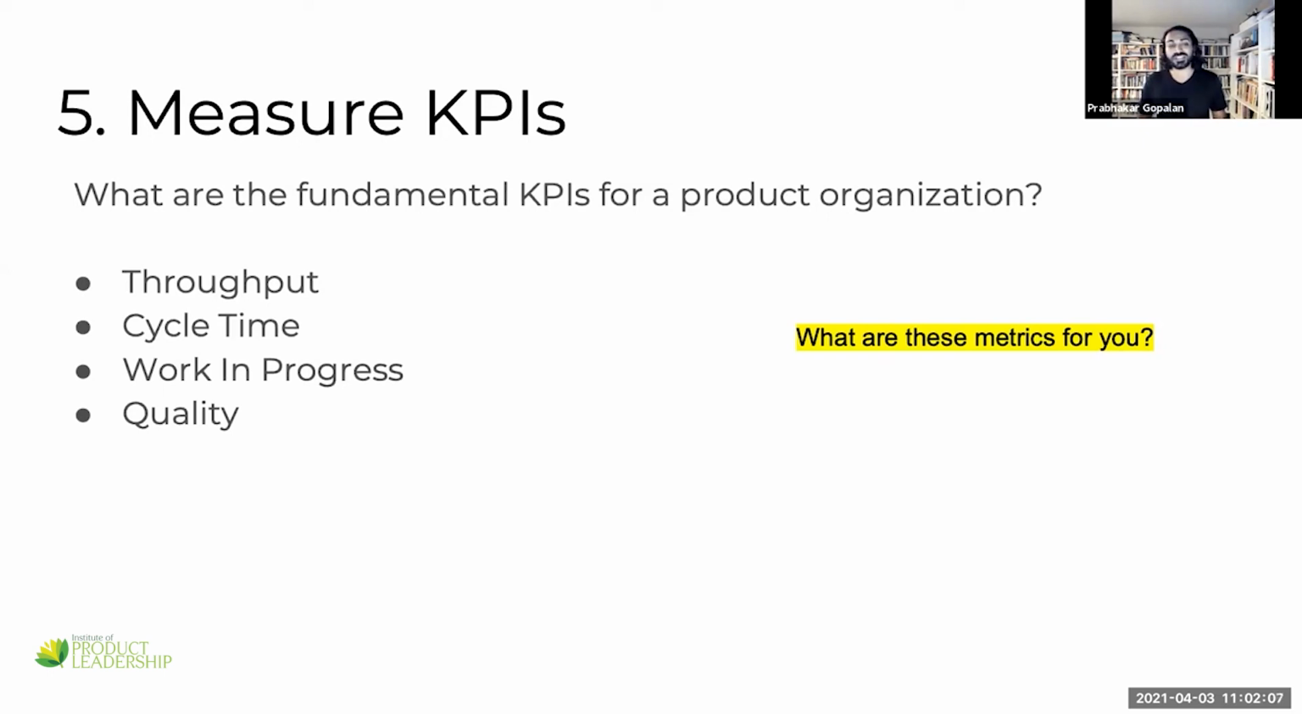Now, given all this, quality becomes essential after all of this, right? If you can produce things quickly but they always have poor quality, what's the use of delivering anything? So measuring the KPIs is an important aspect of implementation. The last one